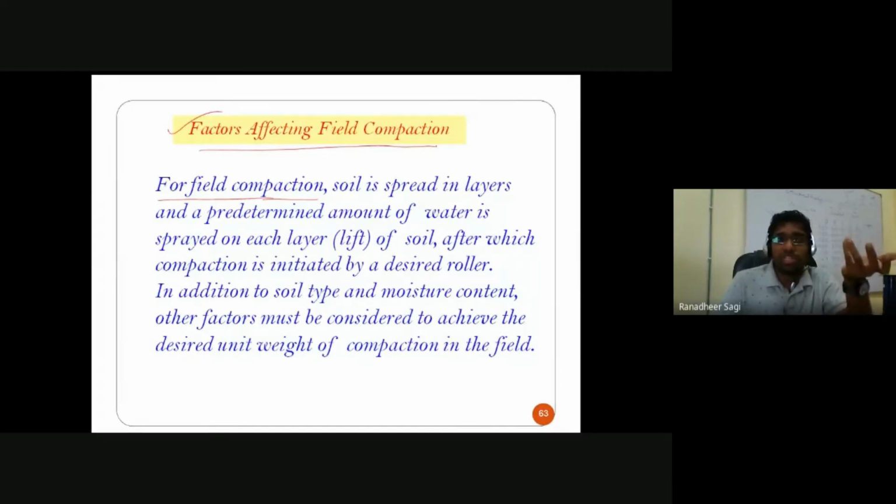It also depends on moisture content. How much moisture content is existing in the soil? Because we have seen that the higher the moisture content in the initial phases, the amount of compaction you are going to achieve is also going to increase. But addition of water content beyond OMC will not give you a further higher compacted state of the soil. Rather, you are going to see relatively lesser density achieved for that particular soil.